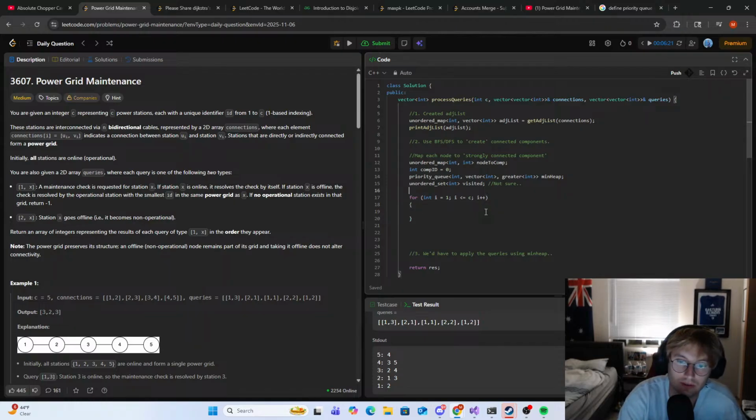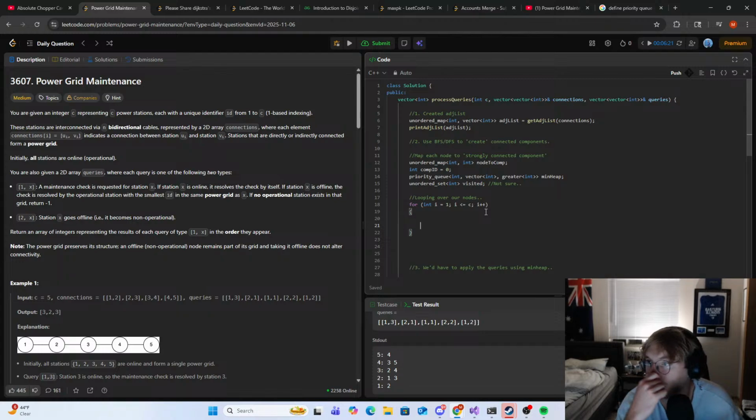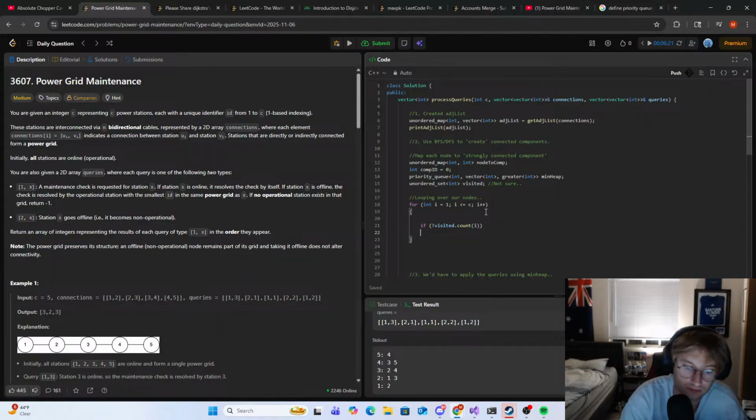Okay. So here, we're looping over our nodes, right? And what do we want to do, right? We obviously want to check, right, like if visited.count(i), right, if this is false,